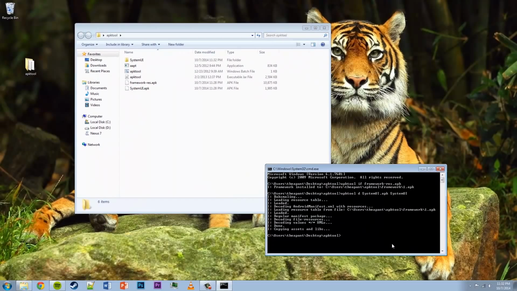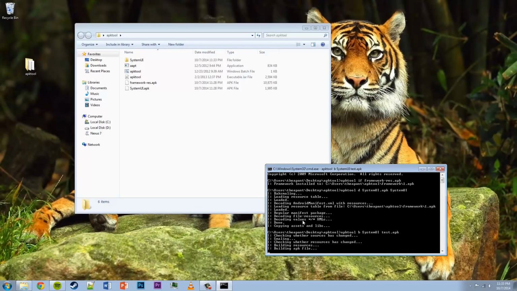Now, finally, if you want to recompile all those files that you just changed, you can do apktool b systemui, and then we're going to send it to test.apk. As you can see, now it's building all the resources, and in a few seconds we should have a